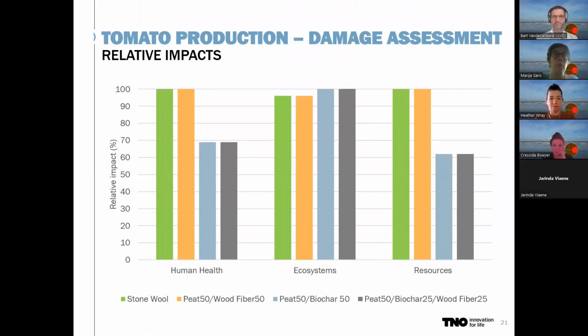So we look also for tomatoes at the damage assessment, and we have 3 criteria: health, ecosystem, and resources. They are all relative, so the one with the highest impact is assigned 100%, and they group several impacts together. So for instance, for human health, you typically look into the ozone formation, particulate matter, ozone depletion. For the ecosystem, it includes, for instance, land occupation, eutrophication, acidification potential, and the resources, it's depletion of resources like fossil and mineral depletion. What you can see is for stone wool and peat with the wood fiber, for human health, the impact is higher. Whereas with the mixtures with the biochar, this impact decreases. In terms of ecosystems, they have a comparable relative impact, and for resources also with the mixtures with biochar,